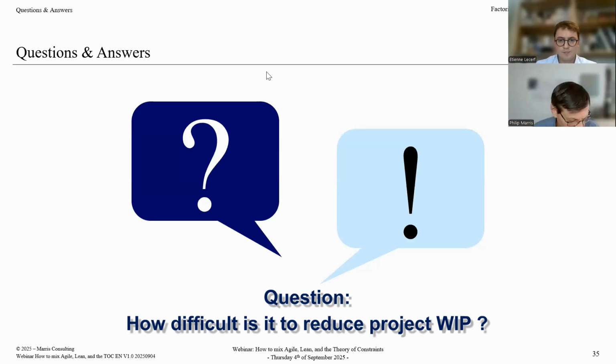Let me start off with this one. How difficult is it to reduce project WIP? So reducing project WIP is difficult when the projects are for external customers and easier when they are for internal